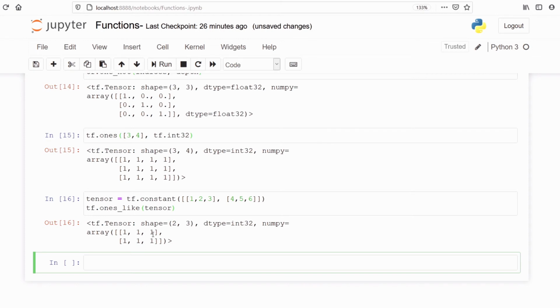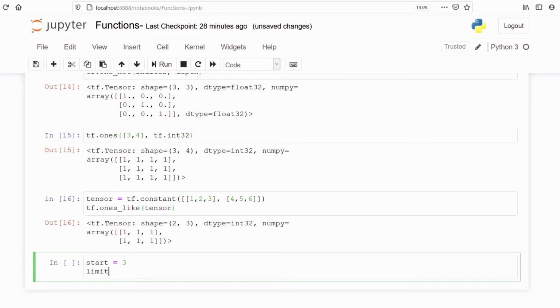This is somewhat similar to the method ones which we have used above. There's the method range, and like the Python built-in range method, we can use it here in TensorFlow as well to generate a range of numbers between a minimum and maximum value. First we will make one variable start and say the number is 3, that is the starting number is 3.